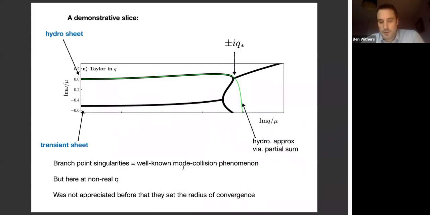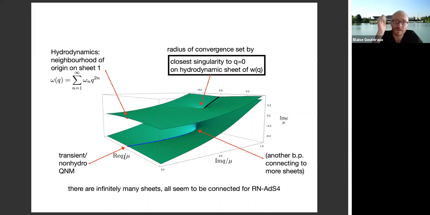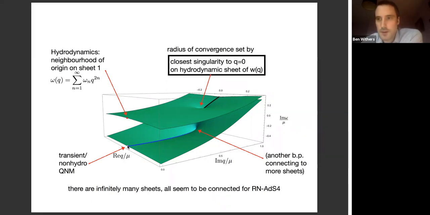So let's take a different viewpoint. Let me go back. Let's now cut this. Let's draw this as a function of... Yes, hi, please. Just to make sure, I think I understand what's going on in this plot, but just to make sure that you call transient non-hydro QNM, the blue guy, this is the purely imaginary mode that was... No, this is a pair. This is a pair of complex modes. This is purely imaginary.